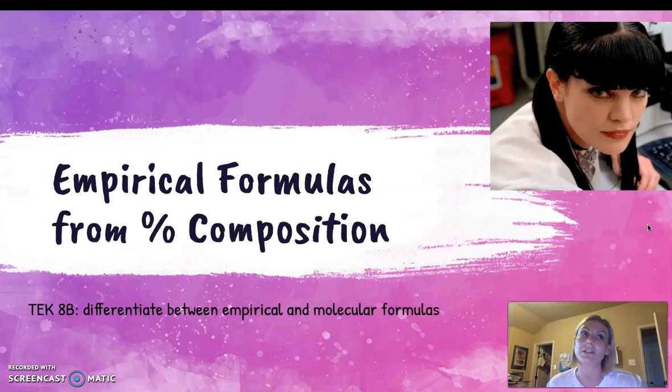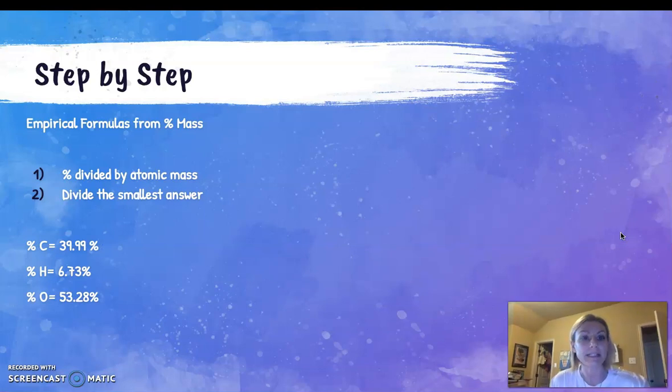So this is really used in a lot of crime scene investigation stuff, when we would use this in the real world. So it's pretty easy, especially since I'm giving you the percent compositions today. You don't have to calculate them. So what we're going to do is write formulas based on the percent masses that are given. So our first step is right here. We're going to take the percent and divide it by the atomic mass on the periodic table. We're then going to choose which element has the smallest answer,